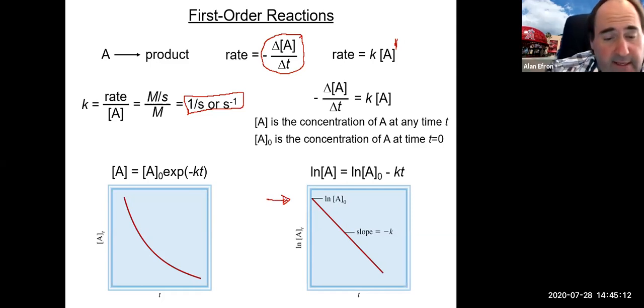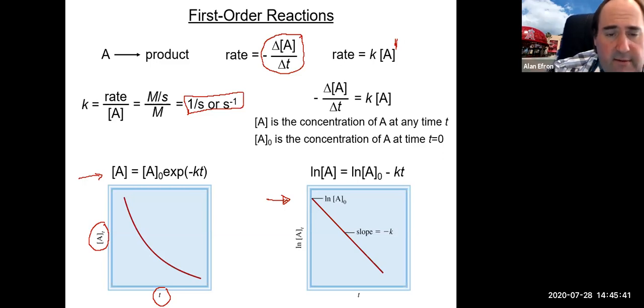The one on the left is technically a first order reaction, and the difference between these two graphs is what is being graphed. On the Y over here is just the concentration versus time. And what we see is what we would expect: over time, we start to see our reactant decrease in concentration. And if we go through this equation here and use our natural log function, we get this one,